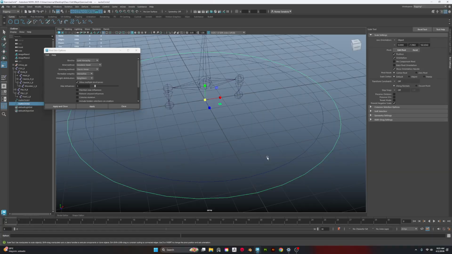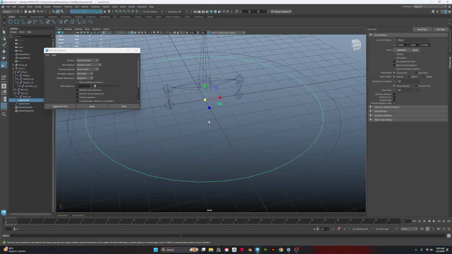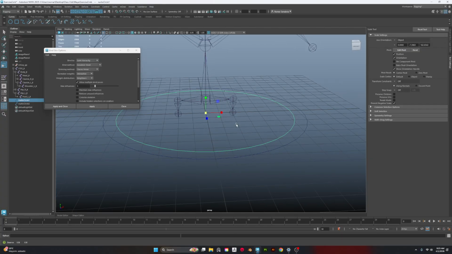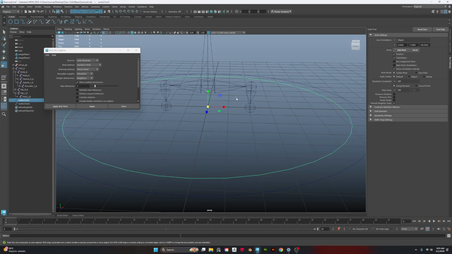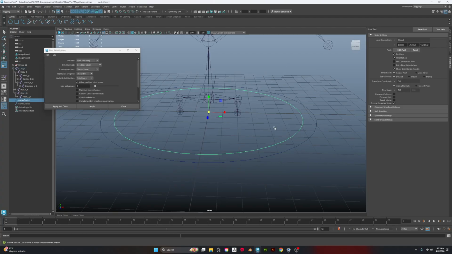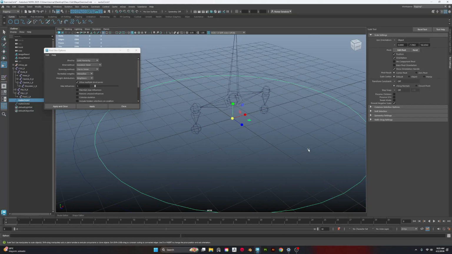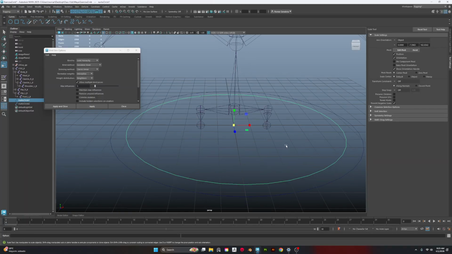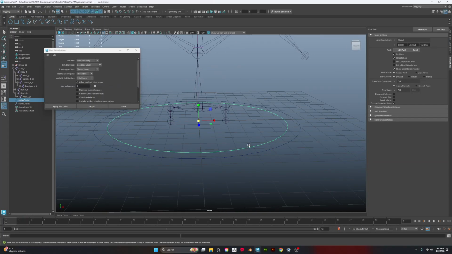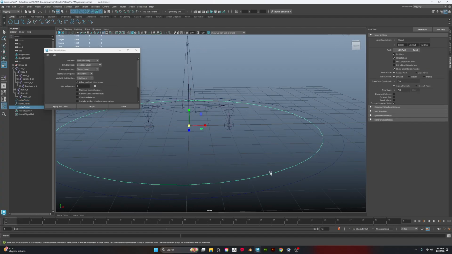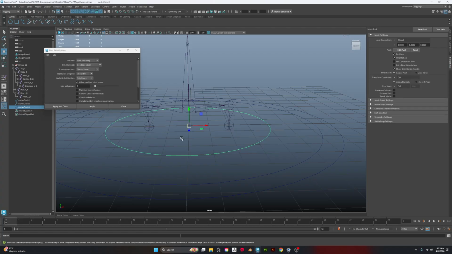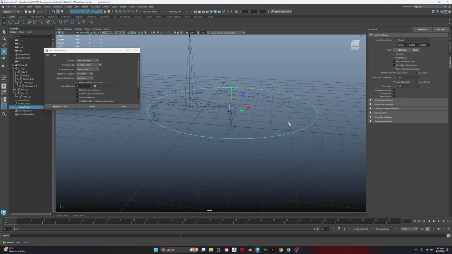And again, the method that I've decided on for this approach is that I'm going to be directly constraining the controls to the joints. Maybe some of the riggers in the room are gasping in awe and disgust, but again, we're keeping it simple for this video that is already dragging on a bit too much. So the logic is I'm going to be duplicating these controls, scaling them down, and then with V, snapping them directly onto this joint,